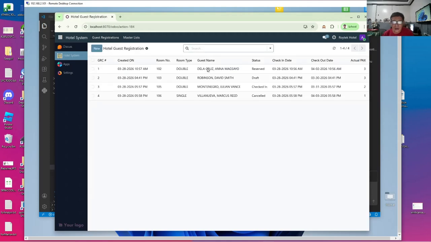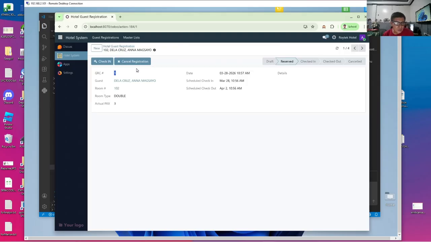Where we had created a lot of computed fields, like we had formatted the check-in date and the checkout date, and the date created. And then we also had created a concatenation of names. If you take a look at that, we have created a name for our guest registration, which is actually a concatenation of the room and the guest occupying the room. So we have made that, and then we have created a lot of many to one fields.